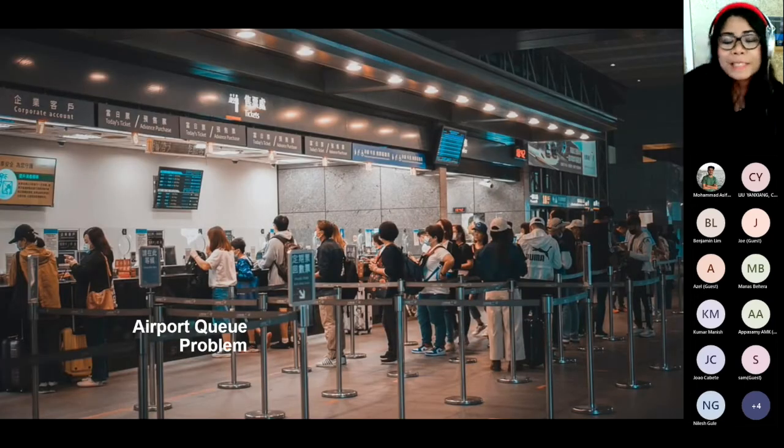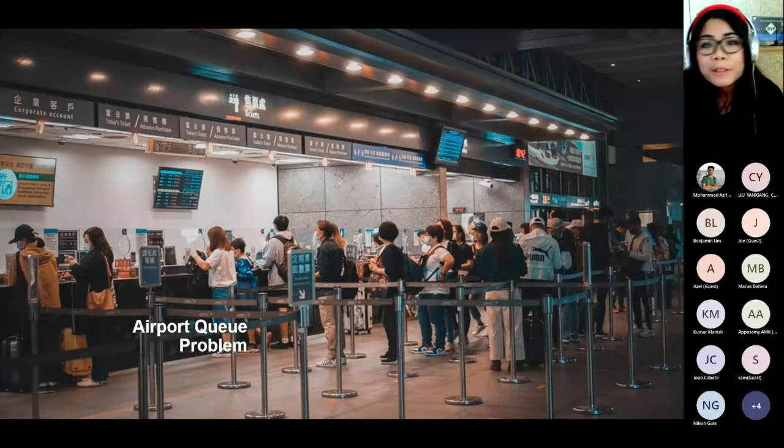I want to start my session with this image, because I know that most of us have been locked down because of Corona or COVID. We miss traveling. I myself like traveling from one place to another. I'm originally from the Philippines, which means I'm a neighbor to Singapore. I've also been to the airport in Singapore. Singapore has one of the best airports I've been in.